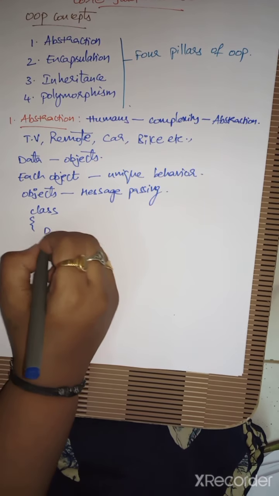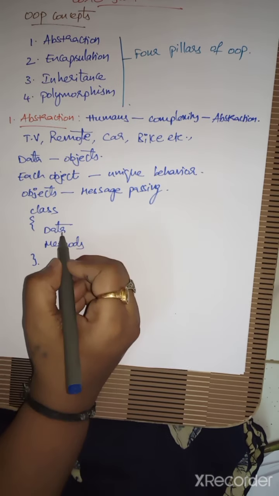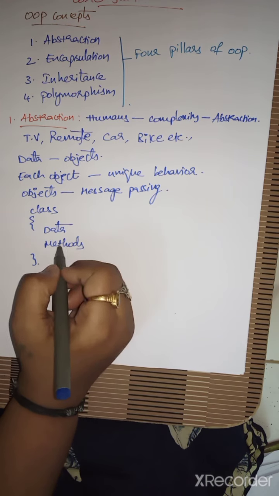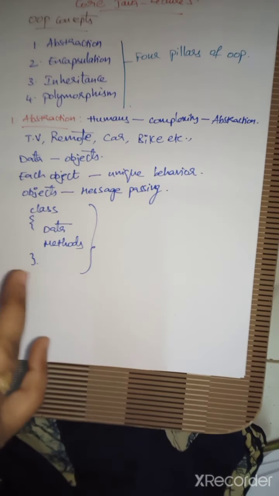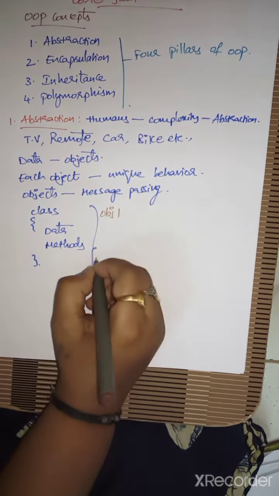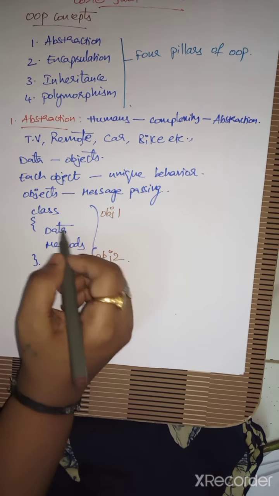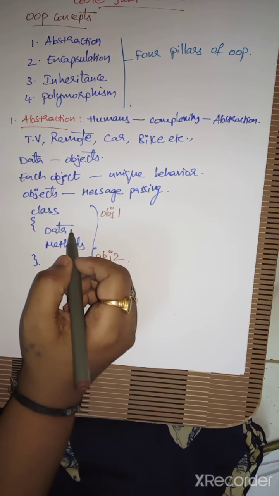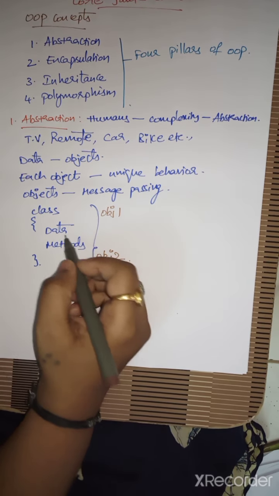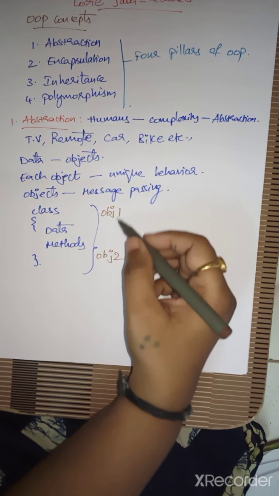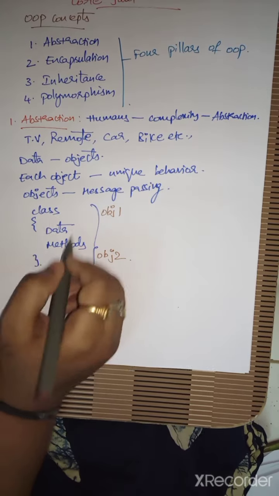Class, we have data and then methods. Data is private to the class, and the methods of this class can use this data, and objects are created for this class, object 1 and object 2. The class has a hidden structure. Properties are described by using this data. The methods specify the behavior of this class. Object 1 and object 2 will have the same operations as they are of this particular class type.